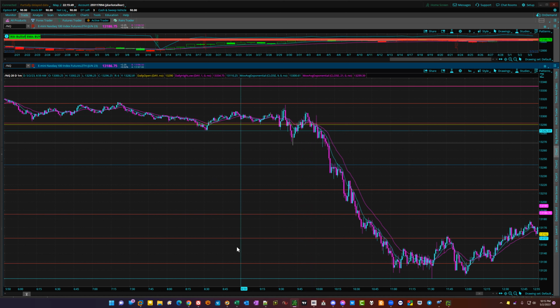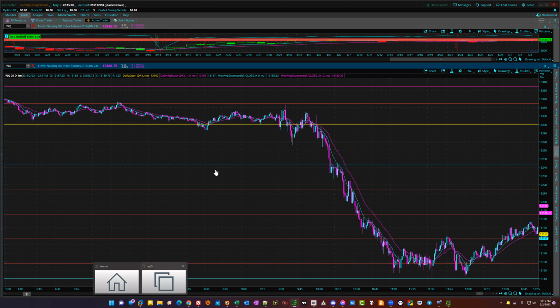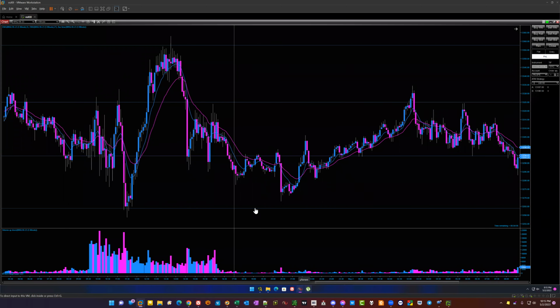And like I said, as you can see, my charts are not cluttered with indicators all over. All I have is just lines, support and resistance lines, and you'll see VWAP and the 9 and 21 EMA. Pretty much those are the three indicators that I use. And now I kind of started using